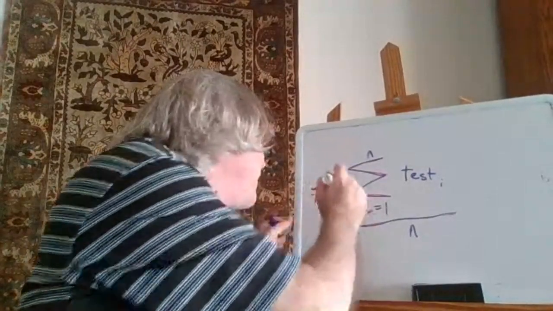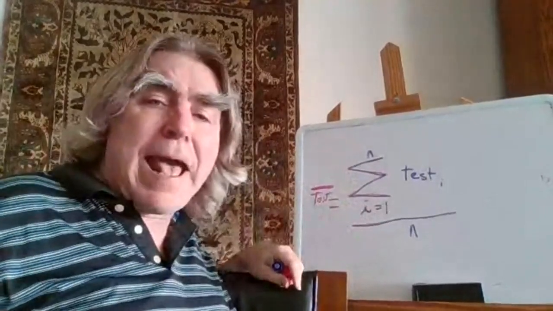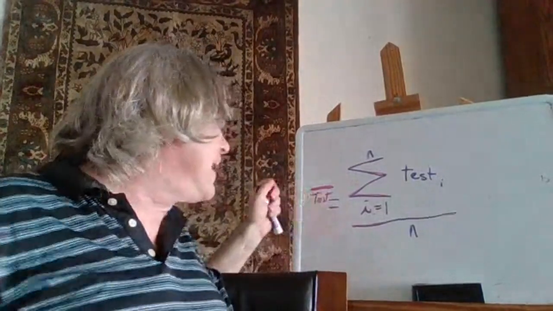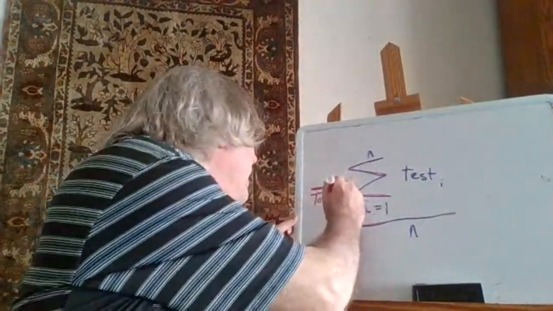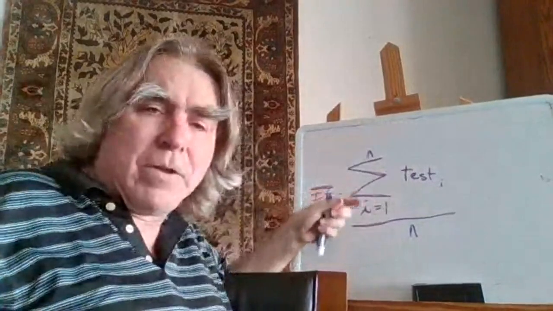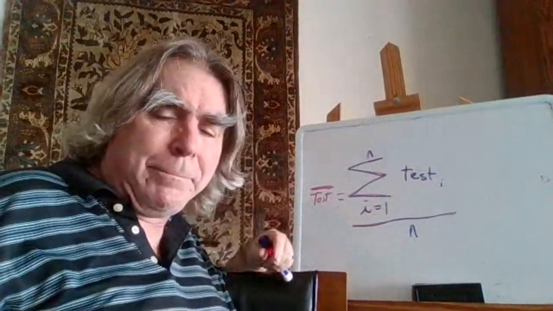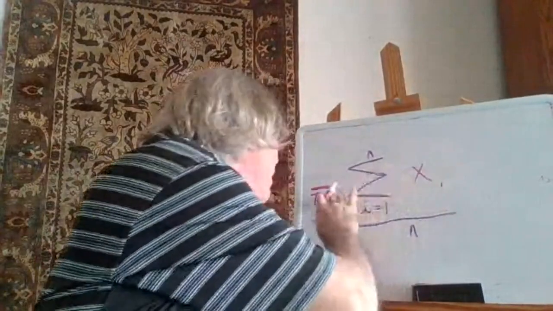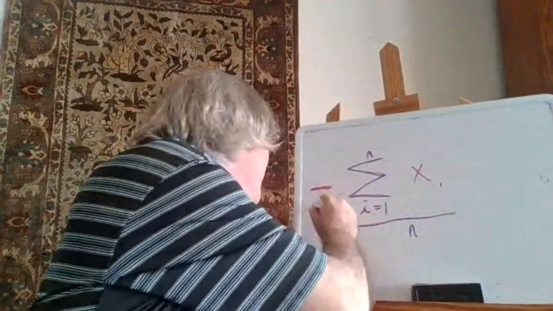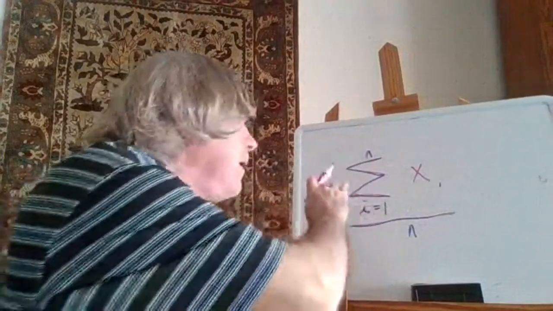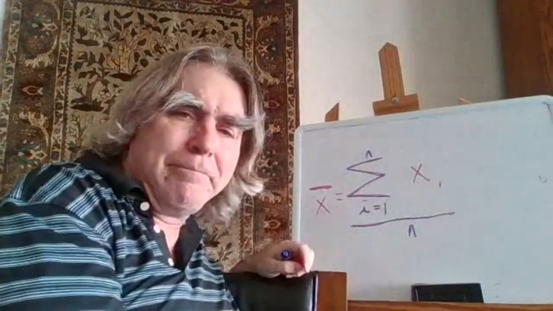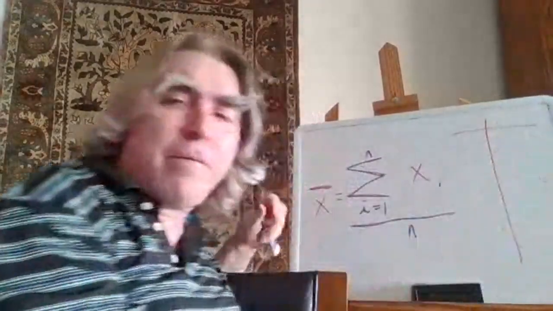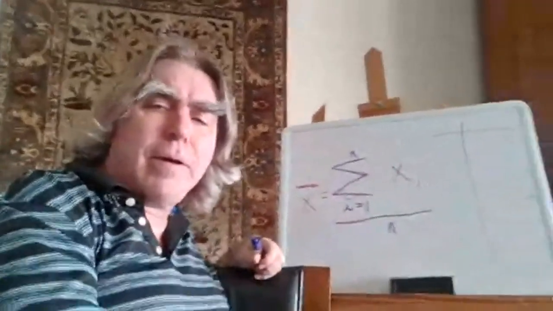So if I put a line above it, it's going to mean the average of all of the tests. So the average of all the tests equals that thing divided by n, right? If over here we have everything in a column called x's, x bar equals this thing. Right? So if we think about it,